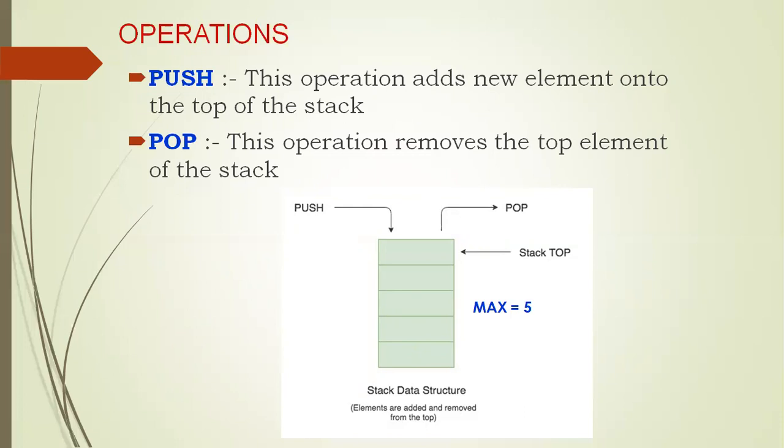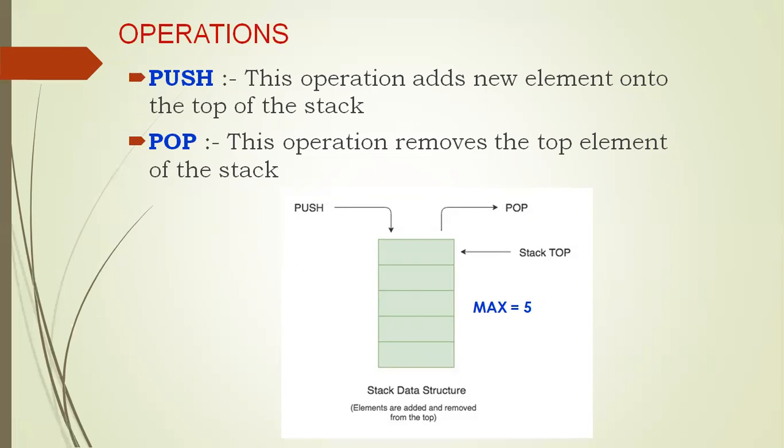Let us take the memory example that is given there. Now, here how many locations are there? 5 locations are there. It means at any moment we can add only 5 elements. So in this example, max value will be 5. When no elements are there in the stack, at that time top value will be 0. If you add one element, 10, then the 10 goes to the bottom of the stack. In that case, only one element is there, so the top element will be 10 and its position is 1.